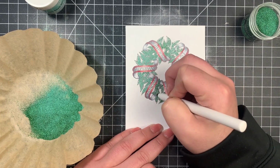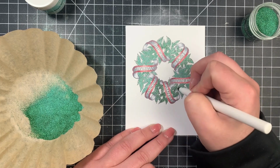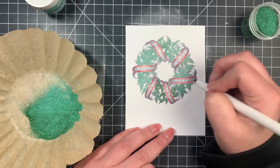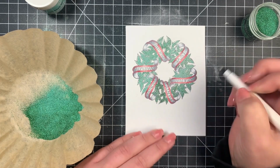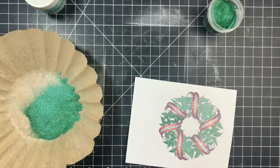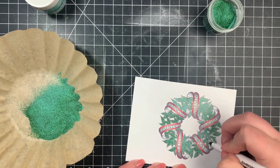So some of the edges of the leaves weren't totally filled in, some of the tips weren't filled in, and some leaves I totally missed altogether. So I just kind of quickly filled in those areas, and like I said, they don't have to be perfect, and you'll see why. Sprinkled on a little bit more of the embossing powder, fixed up some more of those